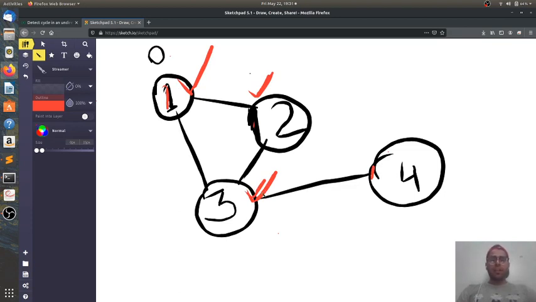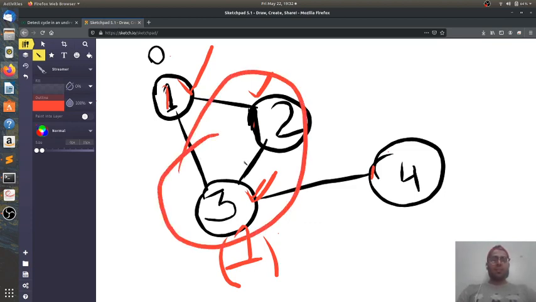Now 3 had another adjacent vertex which was 2, which has been visited, but 2 is not its parent. The parent was 1, we kept track of that. We came from 1 to 3. Now 2 is its neighbor, it's been visited and it's not its parent. That means this graph has a cycle, right?